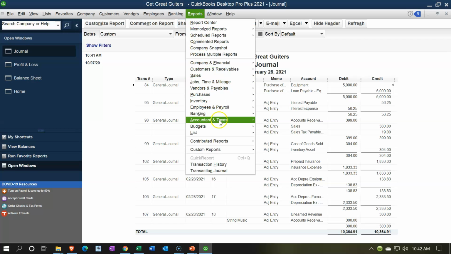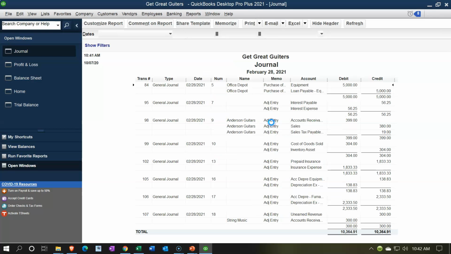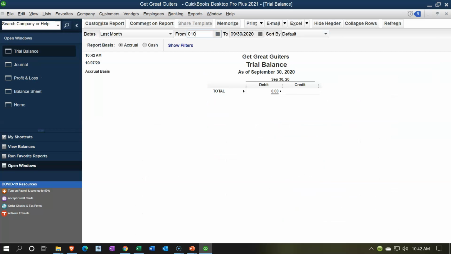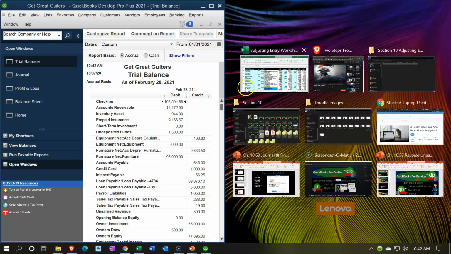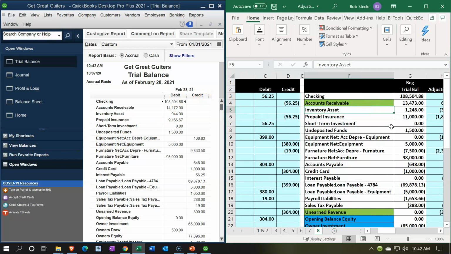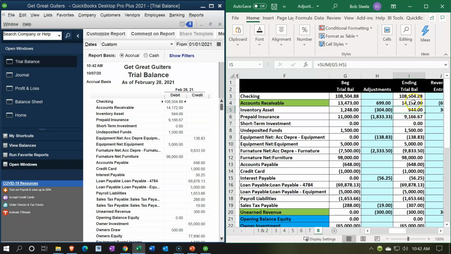If I go to the reports drop down, accounting and taxes, trial balance, changing the dates from 01/01/21 to 02/28/21, we should be able to go basically line by line on this trial balance. I'm going to set this side by side with our trial balance over here, and we're concentrating on this column and be able to see this going down. So there's the 108,504, the 14,142, the 944, that looks good, the 1500, the credit, that's a credit represented by brackets, so 5,000. That looks good. 98, 65, 1,000,